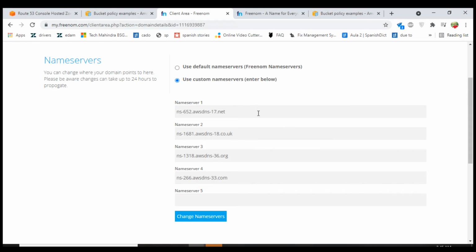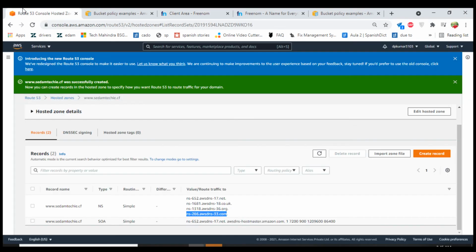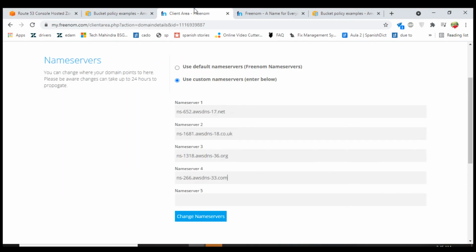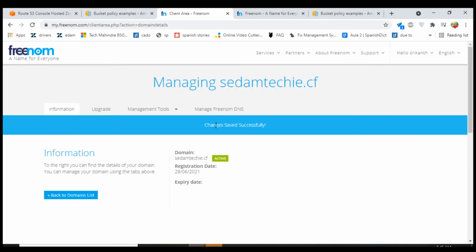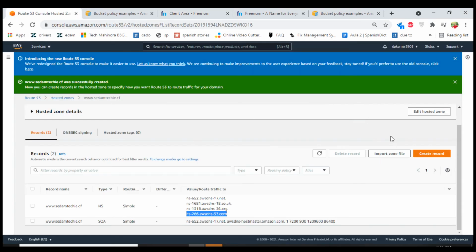Okay, we have entered all the details. The name server details are here. Now click on change. Make sure there is no dot at the end. Click on change name servers. Changes saved successfully. Good. Now come to your website.